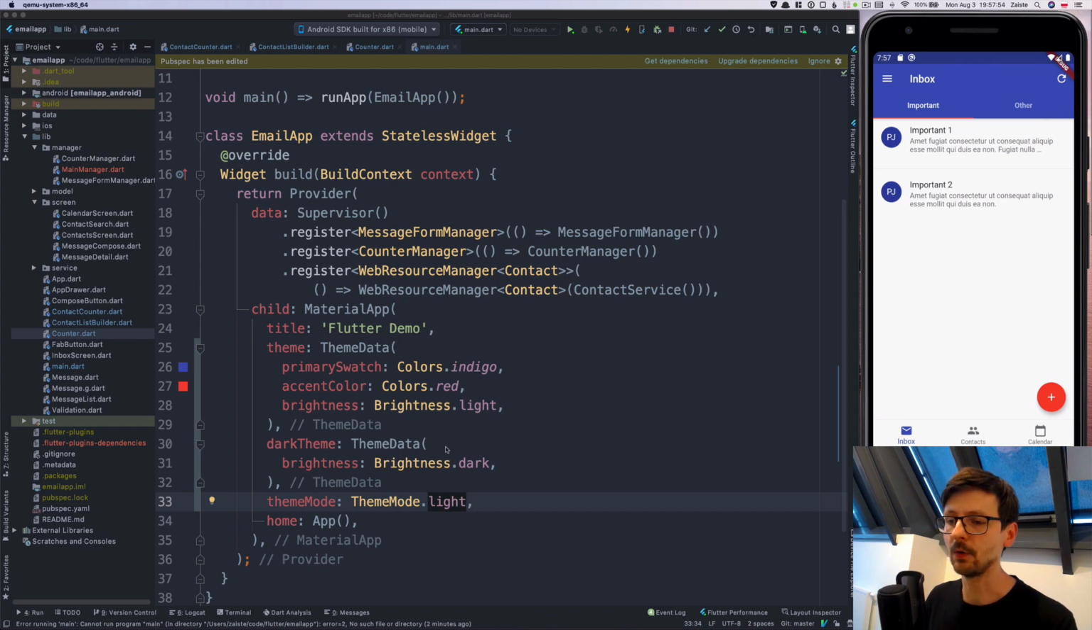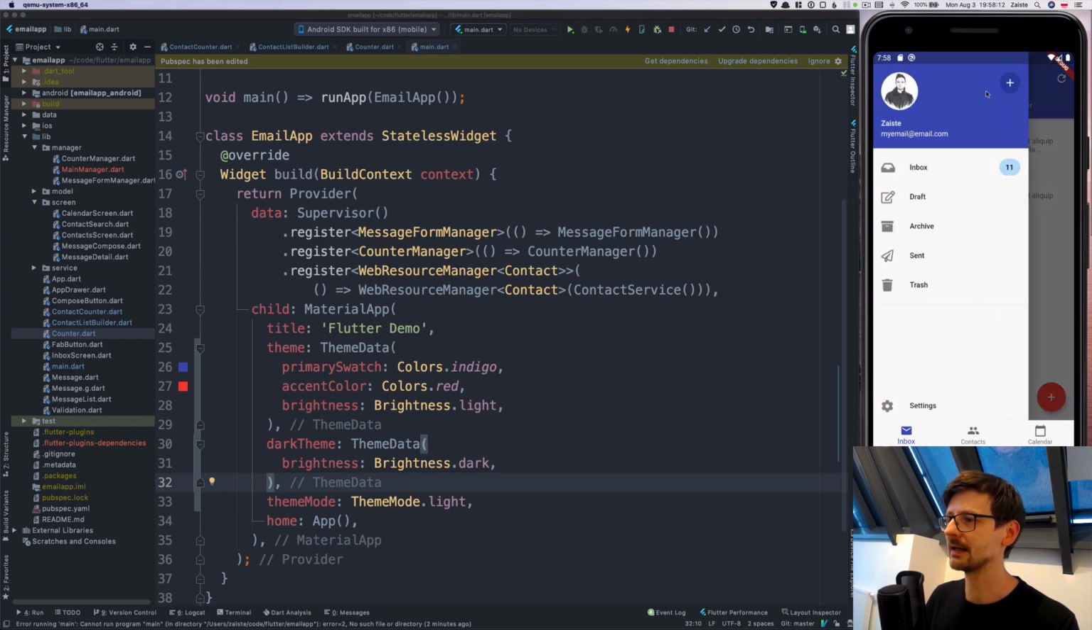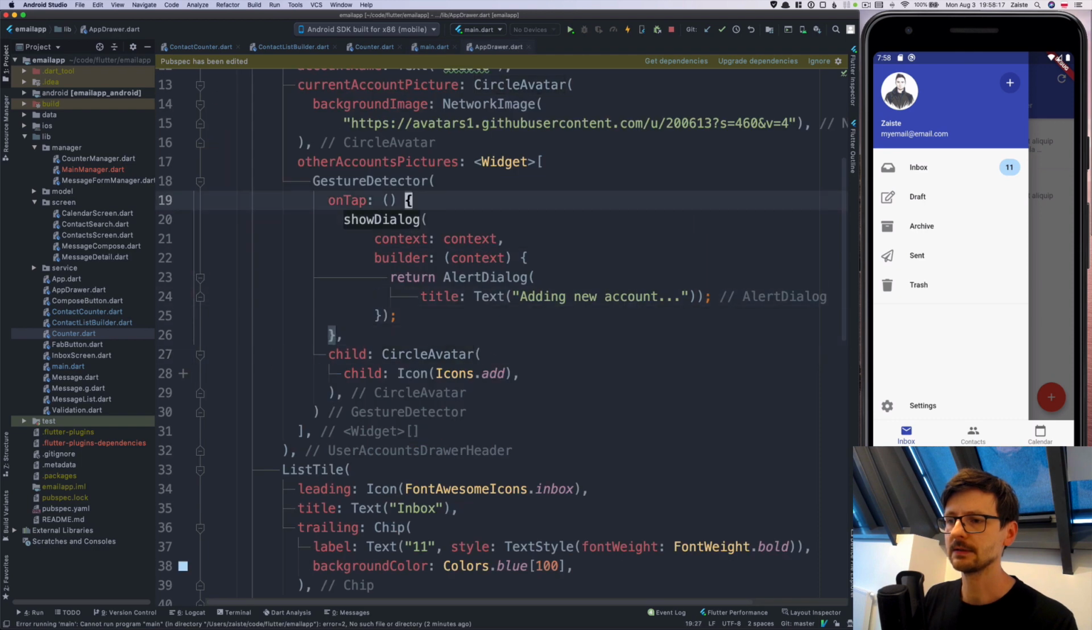And there's one point. If you define the dark theme, if the user changes the settings of the phone, this will also be applied in that case. But we can add a button to make this experience even more enjoyable. Maybe let's add a button here to the app drawer. So let's say that I will add another